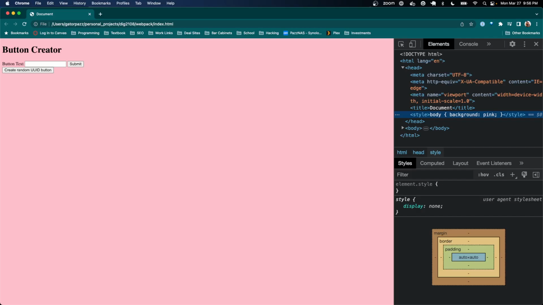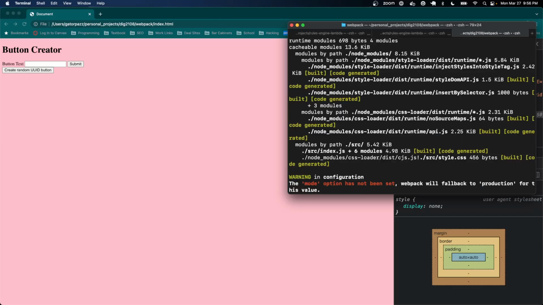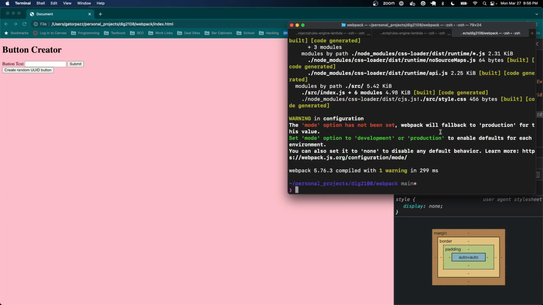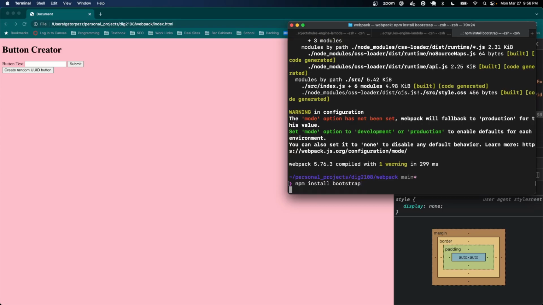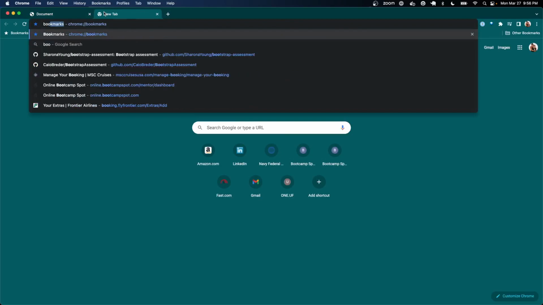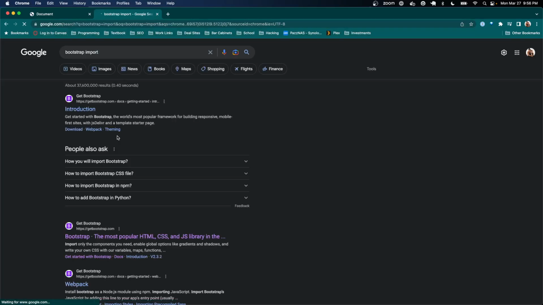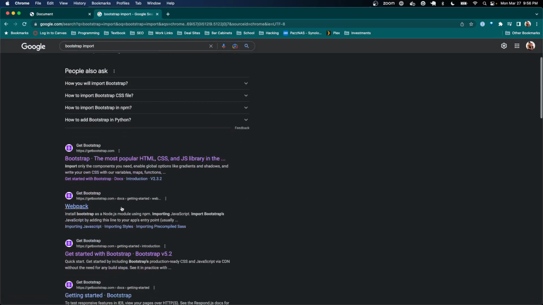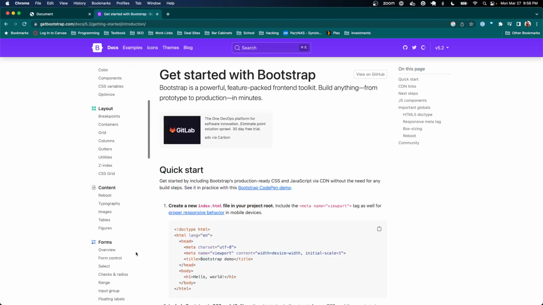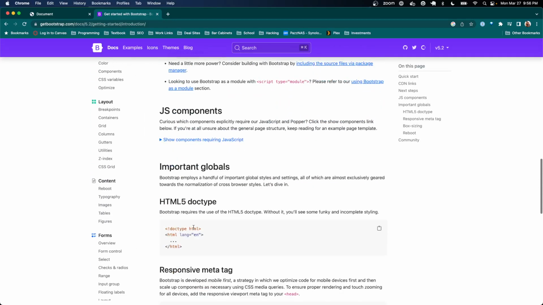So let's say that we wanted to bring Bootstrap into our project. Before, we grabbed the CDN and we plugged it in there. Or we could npm install the module and then link it, but all that's a little bit tedious. I'm going to go ahead and npm install Bootstrap. And if we go to Bootstrap and just type something like Bootstrap import, it's actually going to give us a way to quickly bring this into a build system. We look at the documentation. It says, hey,